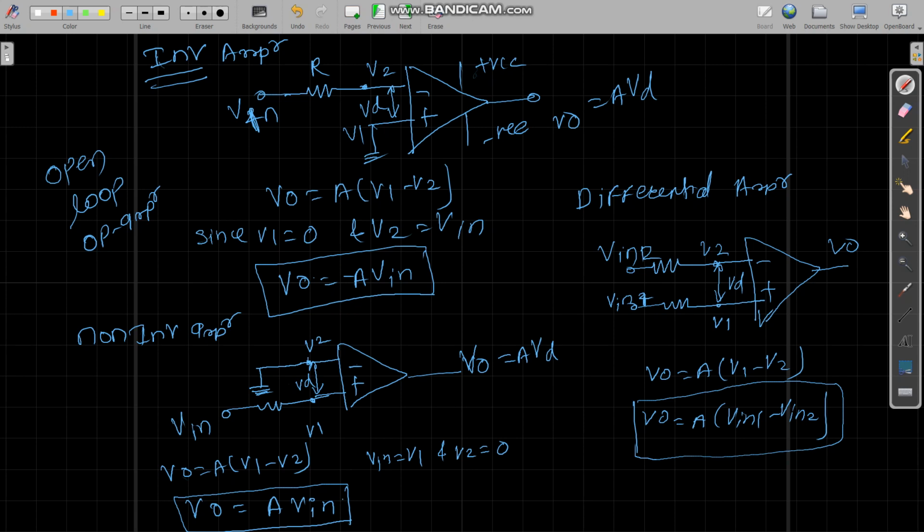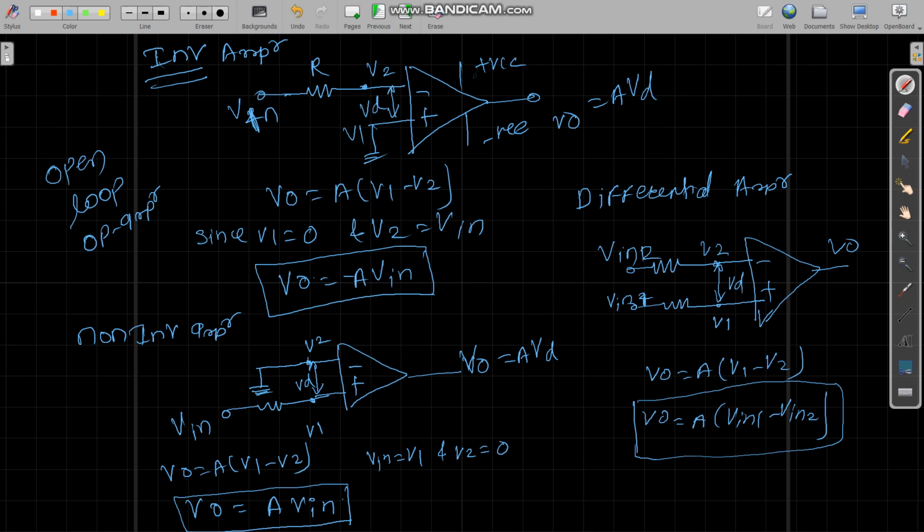This is your open loop op amp configuration. You can design your op amp as either inverting, non-inverting or differential amplifier. But we know that when we compare the open loop system with the closed loop system, the open loop system doesn't have stability. The gain of the amplifier may be high, but the stability is lacking. Therefore, we are going to provide negative feedback to our circuit so that it can give us stability, because we want the op amp to be stable.